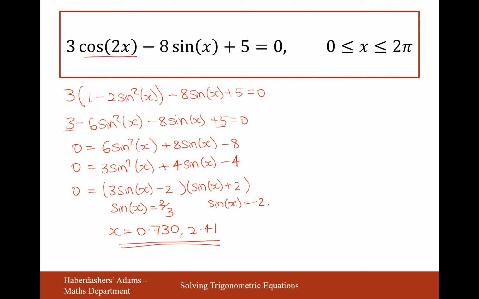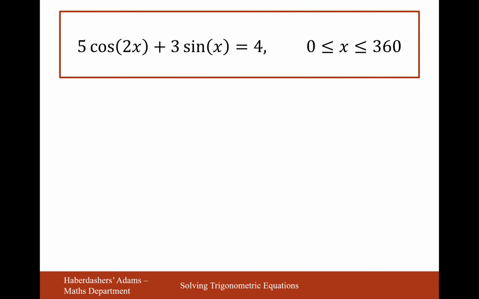So there we are, those are the two solutions for this equation. Let's move on to the next one. So once again, I'm looking to turn cos 2x into something related to sine. So in this question, it's going to be 1 minus 2 sine squared x plus 3 sine x equals 4. Expand the brackets, I get 5 minus 10 sine squared x plus 3 sine x